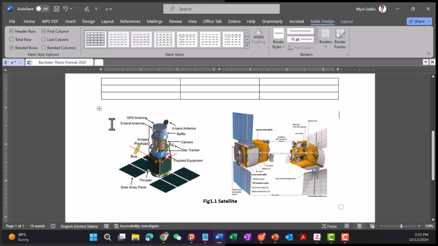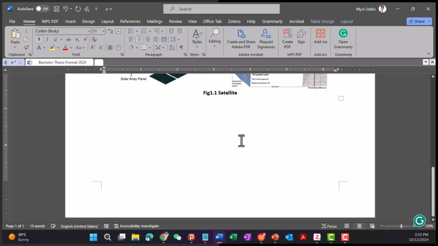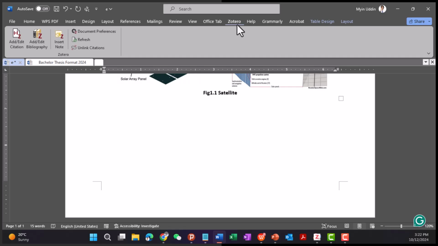Now, let's say we want to add the citation here. How do we do that? After you install Zotero in your Office software, not WPS, in Microsoft Word, a Zotero tab will be automatically added. You add or edit citation, click here, and then